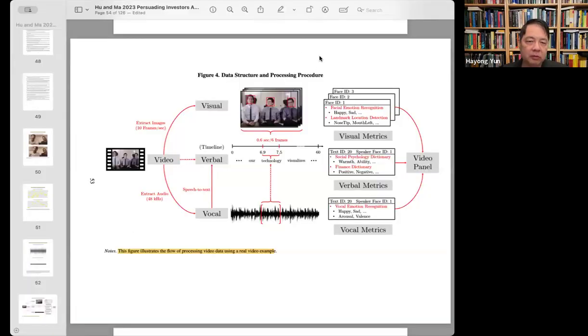In recent years, finance has been taking advantage of the deep learning capability of processing visual and vocal images and sounds and reflecting that into investment strategies, for example. So here's a research by Hu and Ma at the JF, and it basically analyzed the video recordings of startup CEOs' presentations for pitches to get funding, and then tried to predict how the funding will